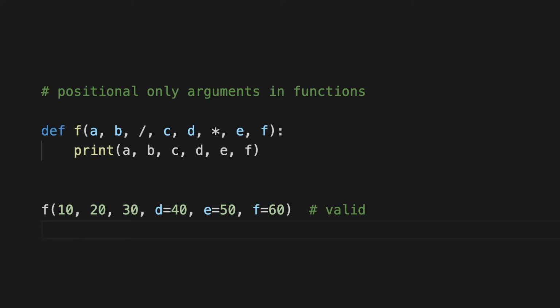So to make an example of a valid function call, we have the first three parameters are positional, and then we have D, E, and F, which are passed as keyword arguments. To make an example instead of an invalid function call, we have this second statement in which we pass the second parameter, B, as a keyword parameter. This is not allowed by the function, which says that the first two parameters should be positional only. And so this raises an error in the function call.